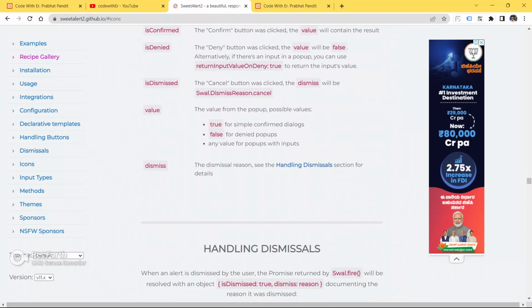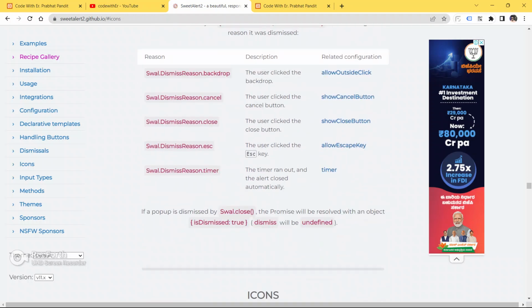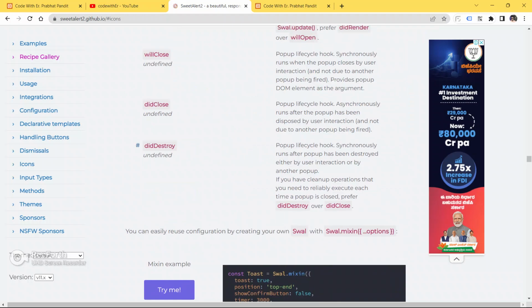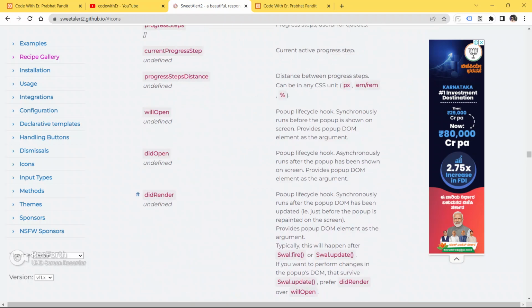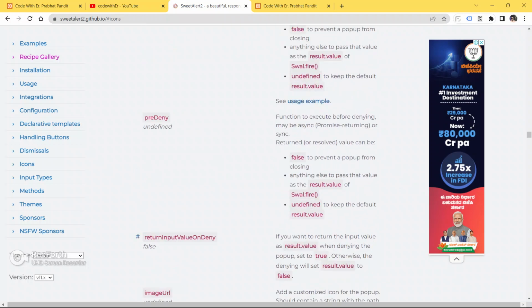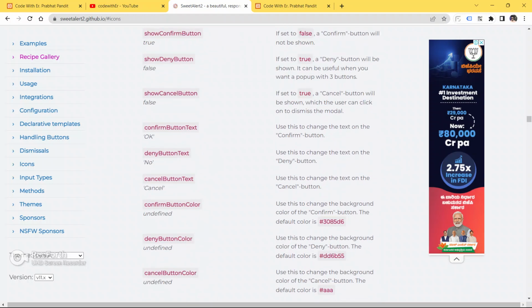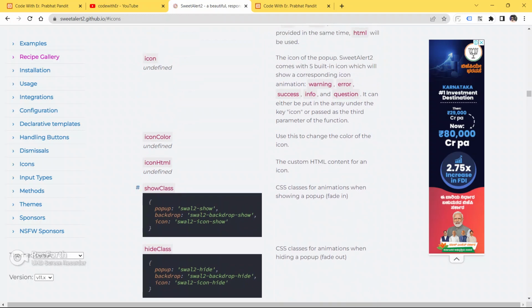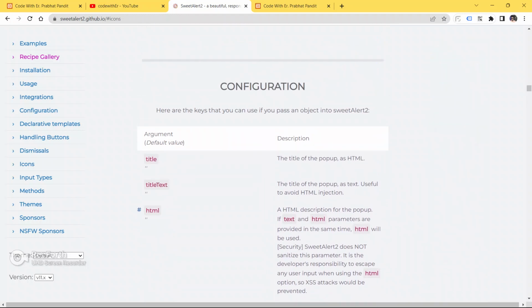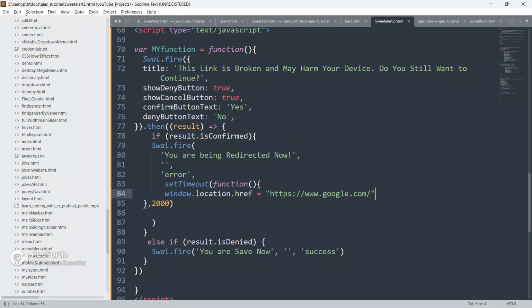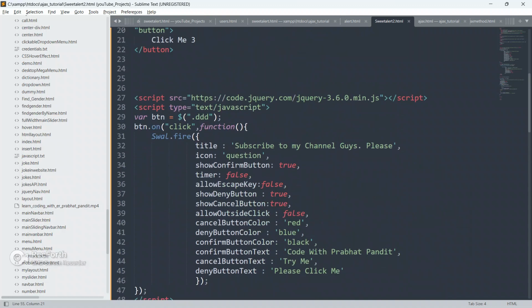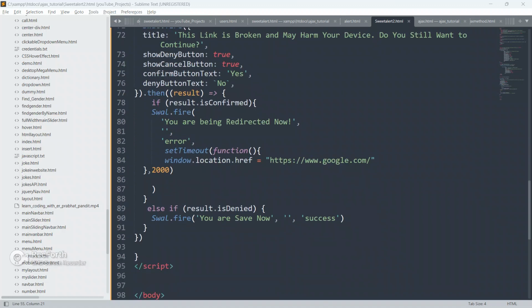Okay guys, there are lots of other things. I would recommend you go to SweetAlert too, and please learn the APIs. There are lots of APIs, and this is fully functional and fully dynamic. You can use this alert in your programming. You can use a title, icon, HTML, timer also.